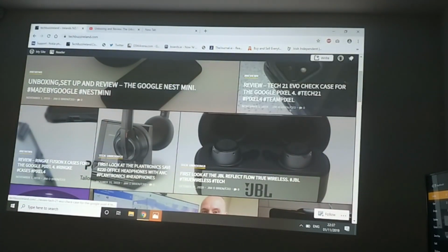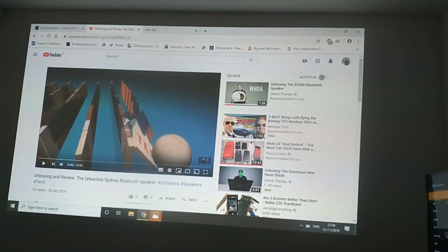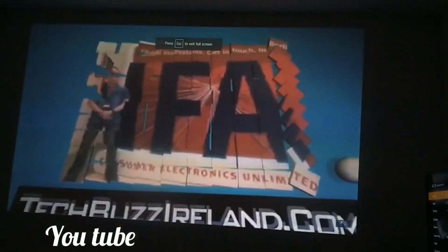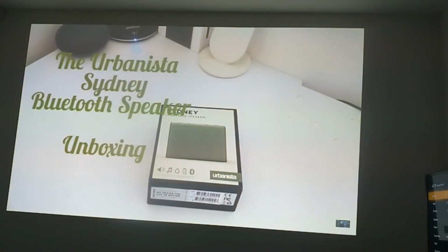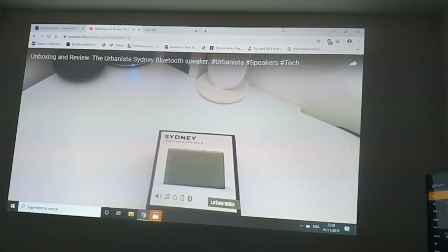And that's just the web page there for a first example of what the picture's going to look like. It's not going to do much justice recording through a smartphone, but it'll give you an idea. Really clear quality. So if you're going to watch something on YouTube, so again, as you can see there, the quality is quite good,